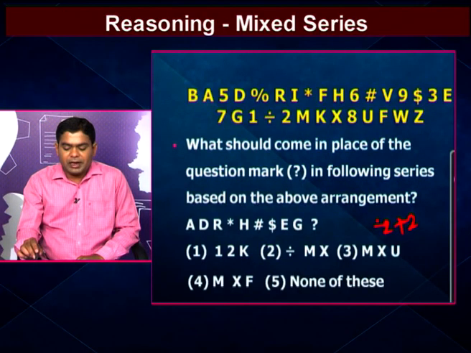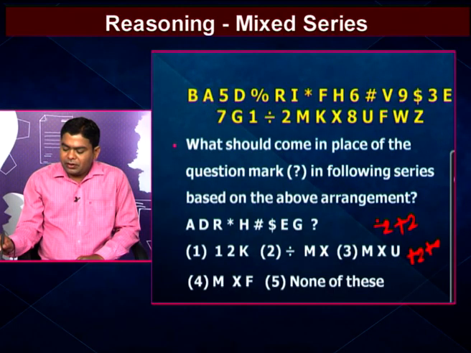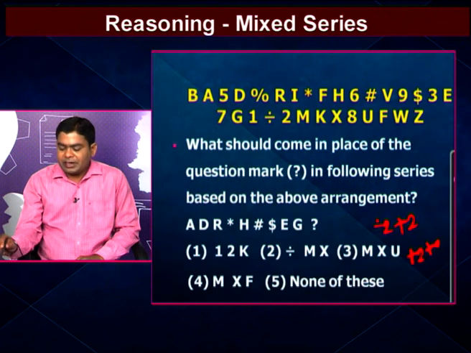That one is I. After that we go to star H. That means again that star is followed plus 2 element. Again that H is followed plus 2 element. So plus 2 means followed, and minus means preceded. Simply plus 2 means the second element of H is hash. After that dollar is there. That means by observation, after hash, dollar is given in our series.